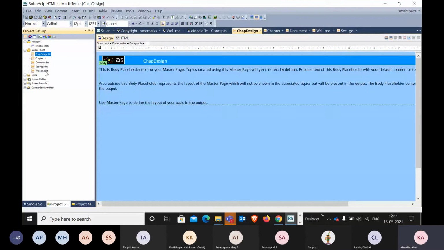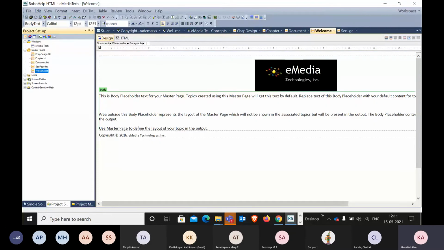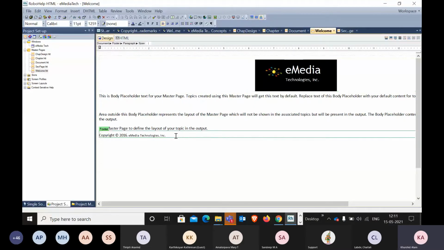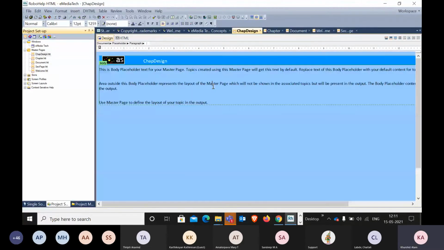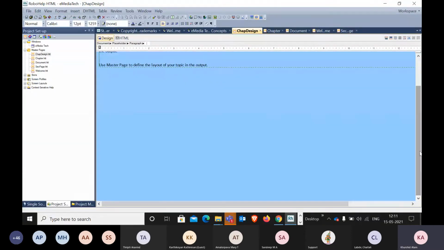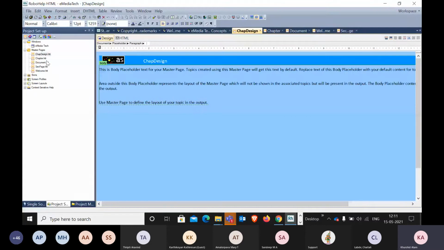Here it is like I am showing one big image. You can show anything you like. This is body and then footer. But in this design, there is nothing as such. There is one header and then body and then maybe a footer or no footer as you like. Here I'm using a footer.